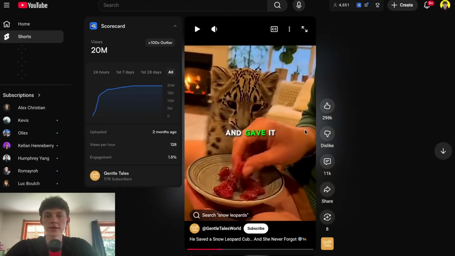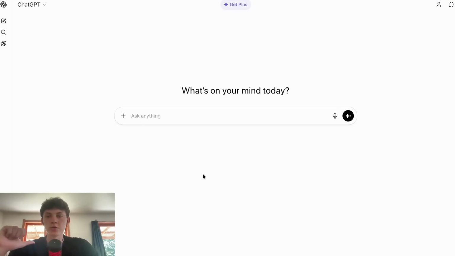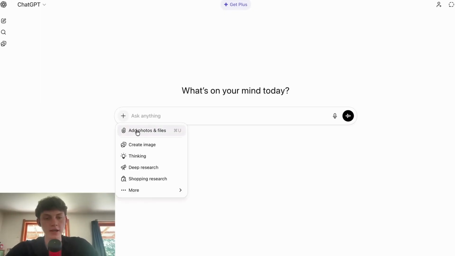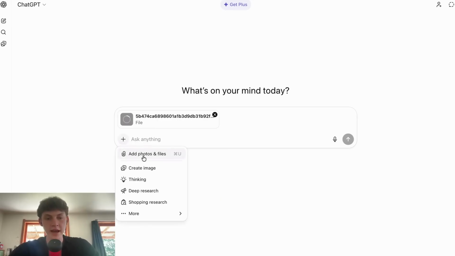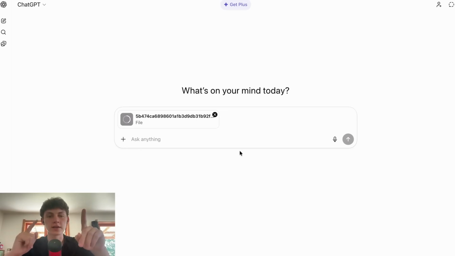And to do this, I'll show you how exactly I would personally do it. So I'm now on ChatGPT, and I'll go ahead and I'll import the video to ChatGPT, going plus add photos and files, and I just put in the video, and that is loading. And while it's loading, this is what you want to type in. So make me a clickable download link for the final frame of the clip.